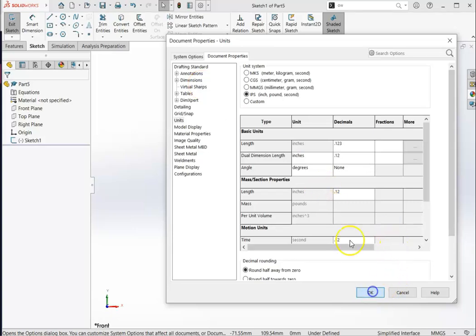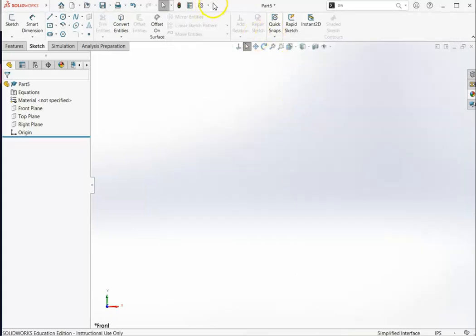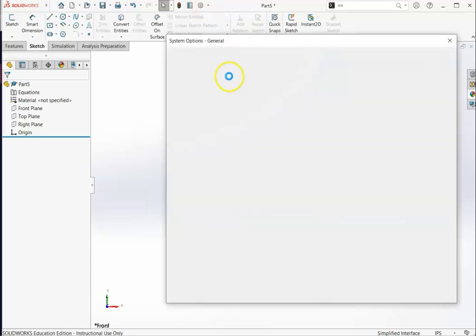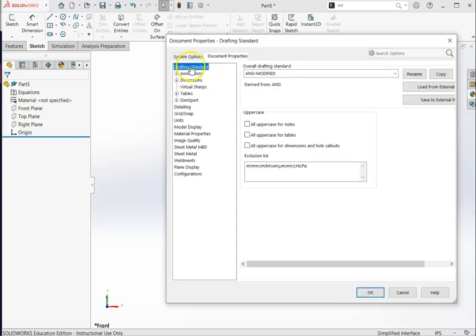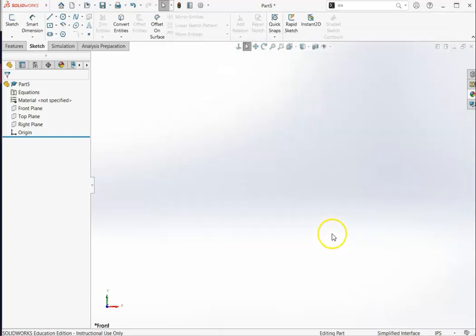OK. And then I forgot that we need to make sure that we're in ANSI for our drafting standard, so I'll go back very quickly and just check document properties, drafting standards, ANSI modified. So we're good. It's modified because we changed the number of decimal places. Okay. Next thing we need to do, and we can verify that it's inches, pounds, seconds, also by looking in